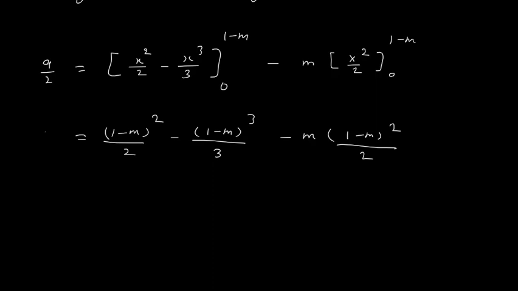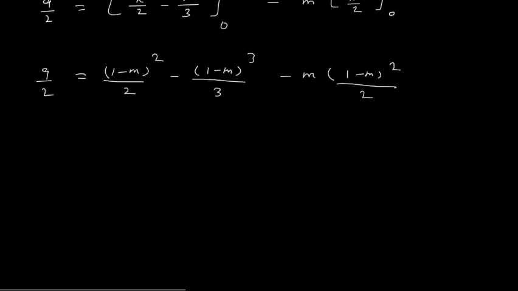So, this all equals 9 divided by 2. Now 1 minus m the whole square I can take common, so we have 1 by 2 minus 1 minus m divided by 3